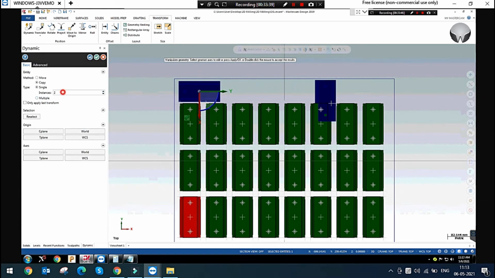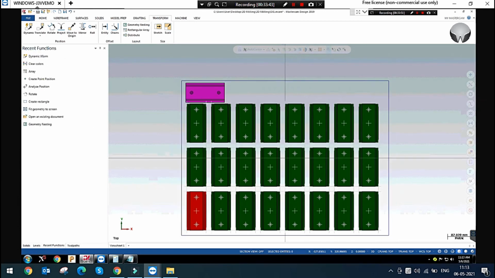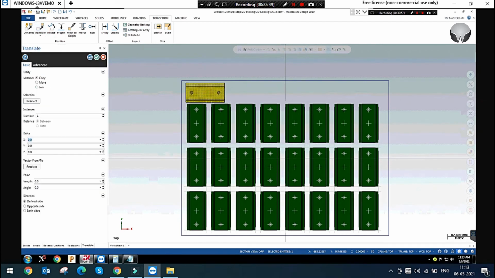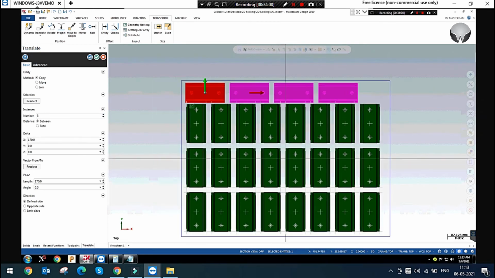In this case, if you have a 3D model, we can align this component manually. Translate with the x 170, right? Okay, this is wasted material.